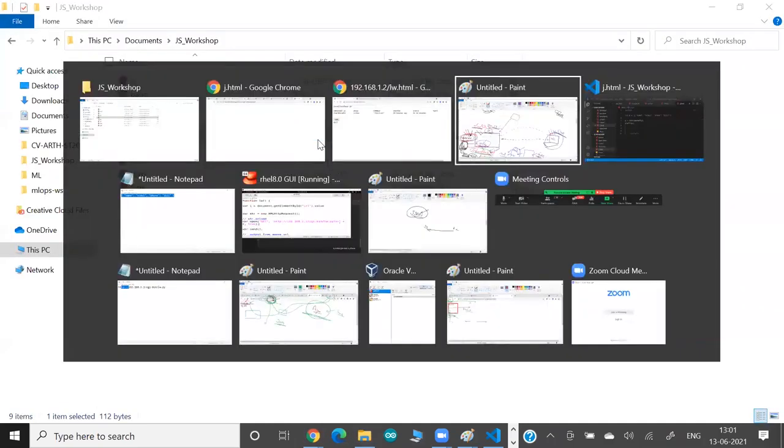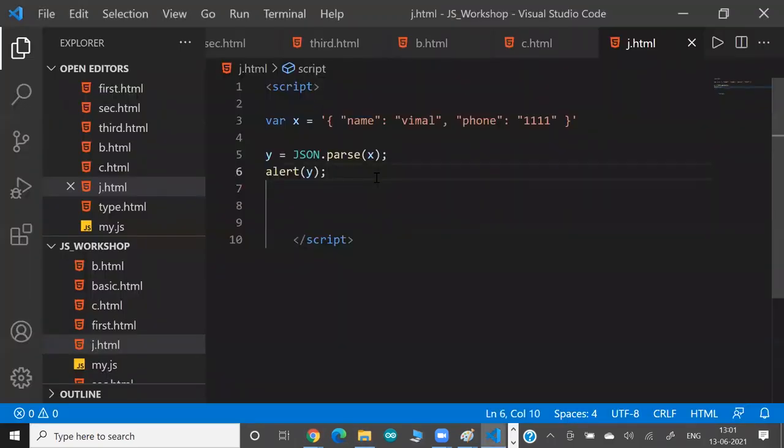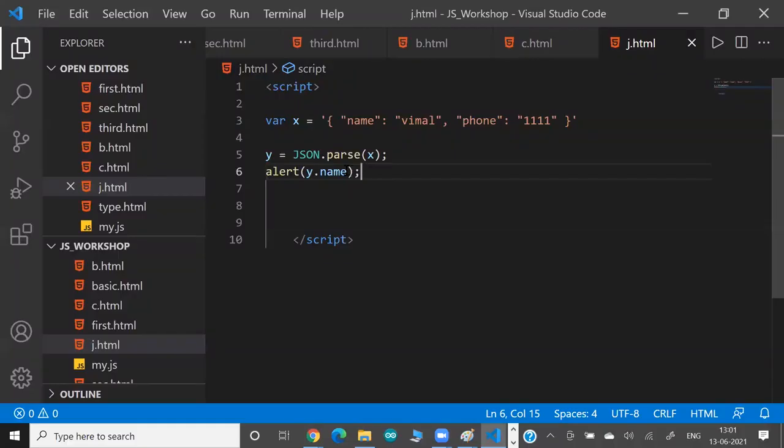Why a list? Because we have multiple values. But here my plan is to print only the name, or maybe only the phone number. So I can say y dot name, just go and print only the name. Now if I refresh this page, you can see it retrieved only the name. Or if I want to print phone,